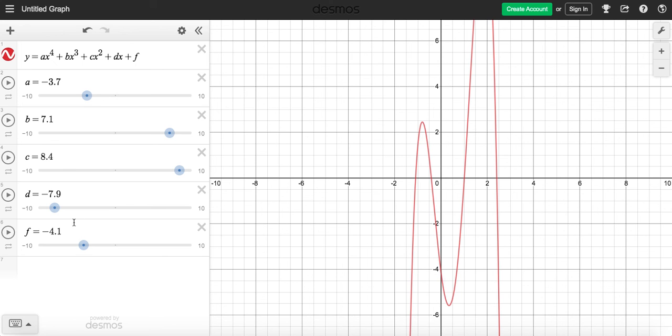So right now F is set to -4.1. And once again, 4 roots for this. And this looks very much like something on a roller coaster. So you can see how this is used, and you can see how you can interpret the